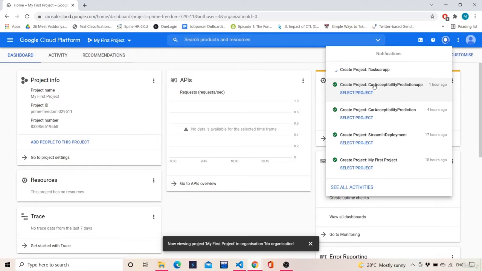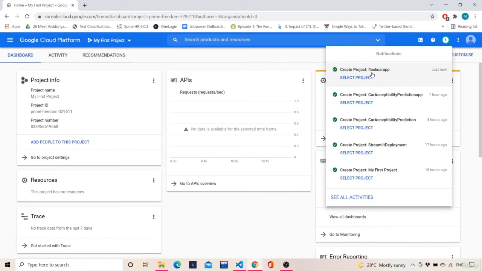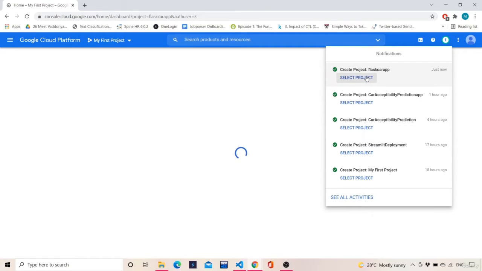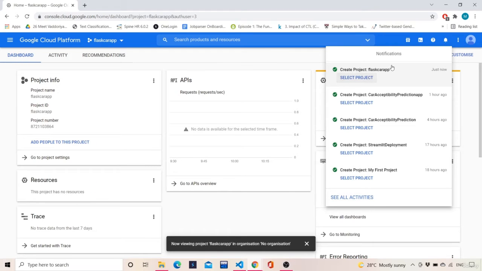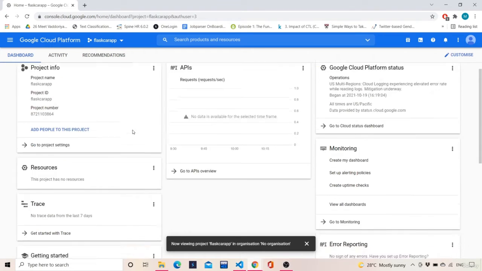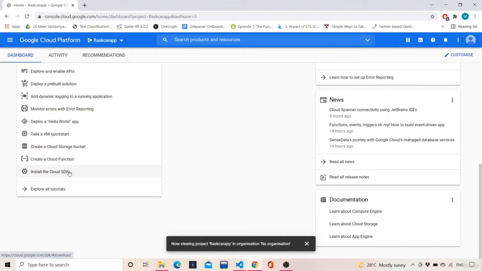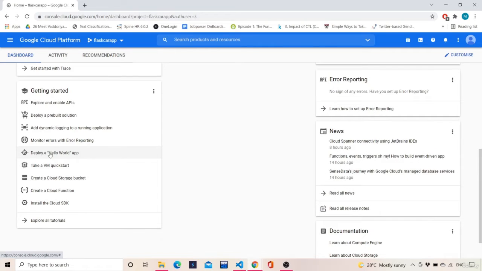Once this gets created, you'll get notified over here that the app is getting created. It will take some time. Now you hit on select project. Then a very important step: you go down and click on deploy a Hello World app.